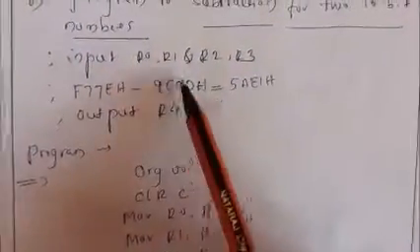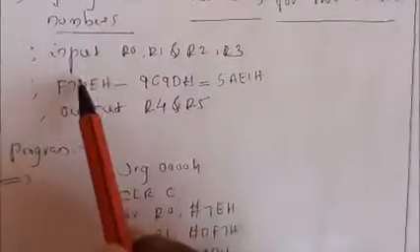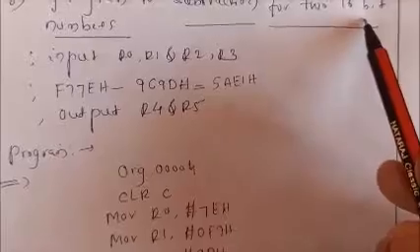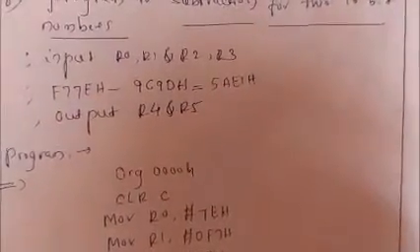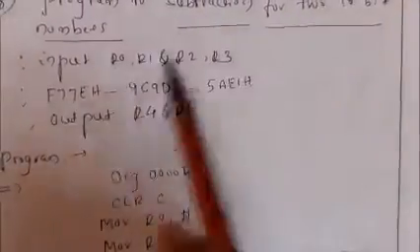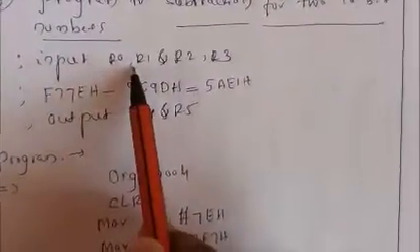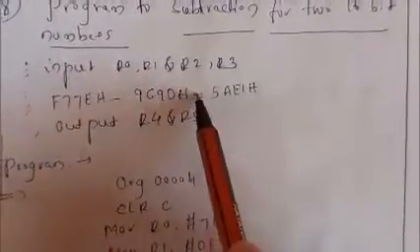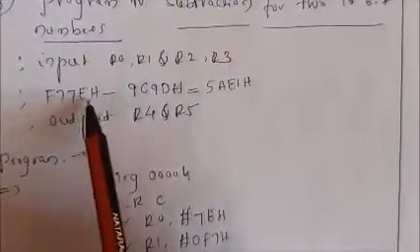So let us start this one. This is the same as the previous one. I will take subtraction of two 16-bit numbers, which means I need to take 4-digit numbers. That should be in your mind. 8-bit is nothing but only 2-digit numbers. So for input I am taking registers R0, R1 and R2, R3. Here I am taking the subtraction of two numbers. One is F77E H.